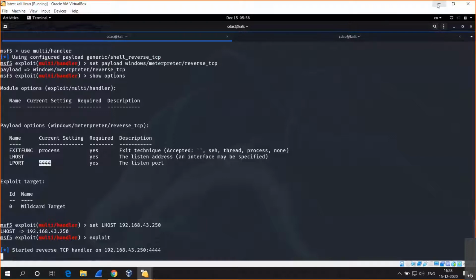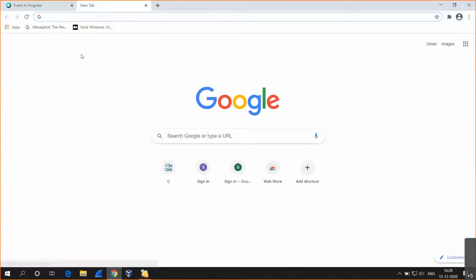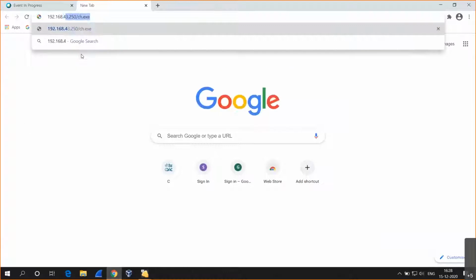Now what I will do is I will visit my Windows machine, and I will try to download that payload, where we have deployed our exe file in an Apache server of the Kali Linux.